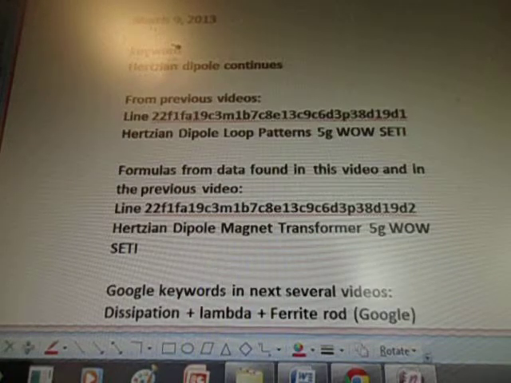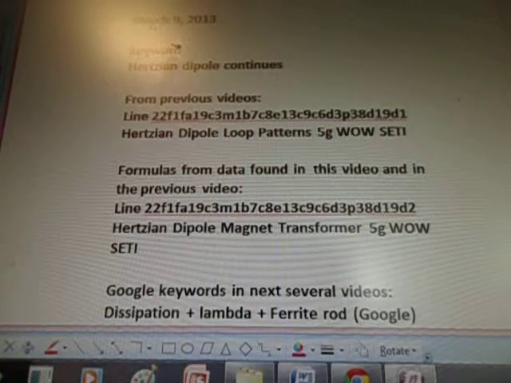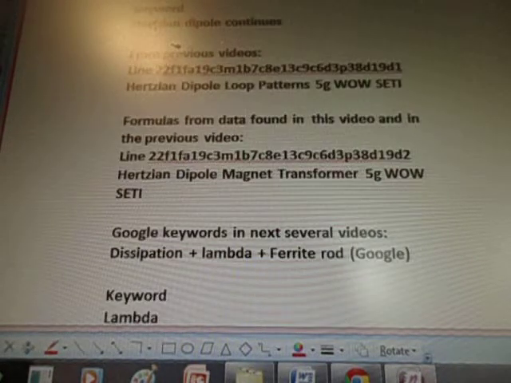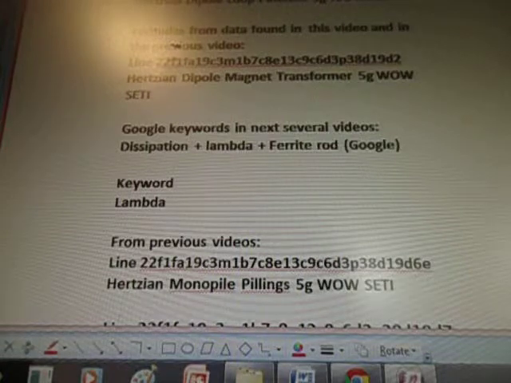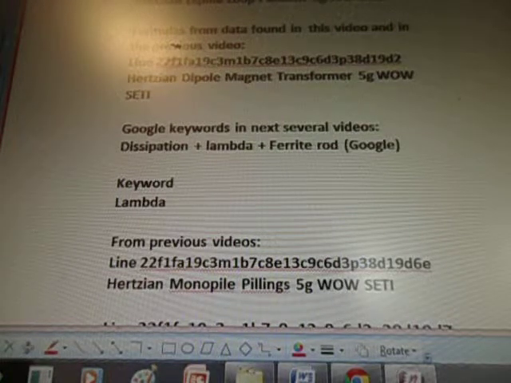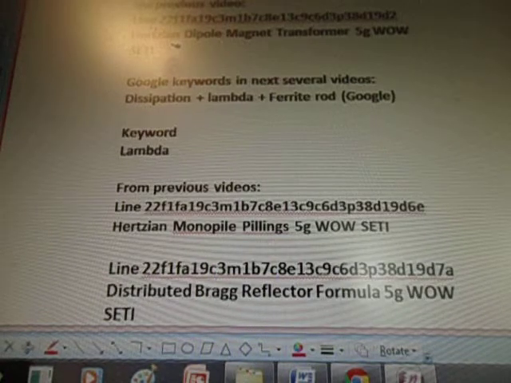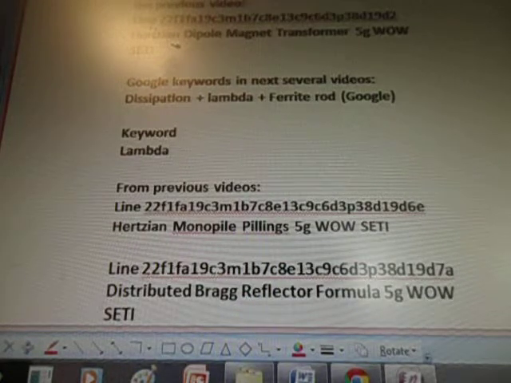The formulas from the data found in this video and in the previous video is line 22f1fa19C3M1b7C8E13C9C6D3P38D19D2 Hertzian Dipole magnet transformer 5G Wow Seti. Then I googled the keywords in the next several videos, which will be dissipation, lambda, ferrite rod, and so I googled the keyword lambda, and that came up in the previous video, line